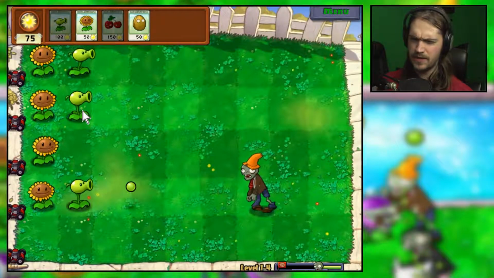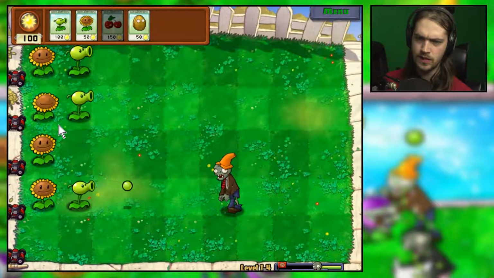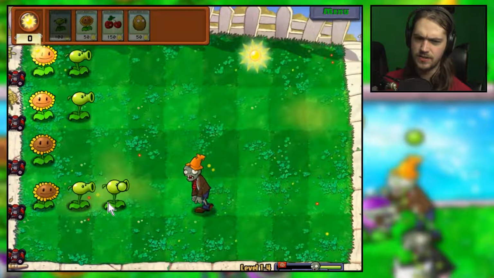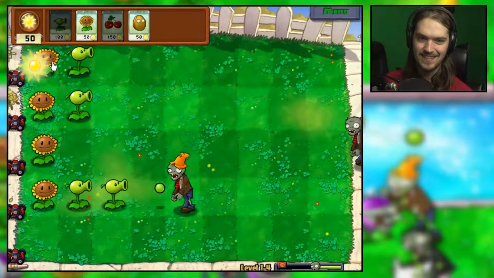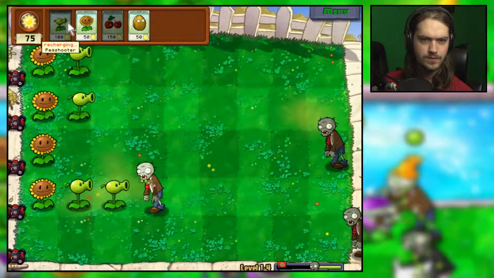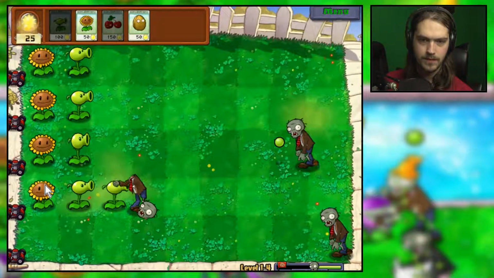This might be a little problematic. I think one pea shooter is enough to deal with one traffic cone zombie, but I'm not taking any chances today. Yeah, definitely that wouldn't have been enough. Right? That definitely would not have been enough. Because, yeah...